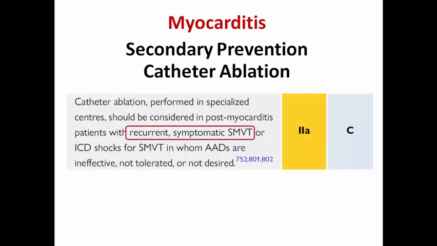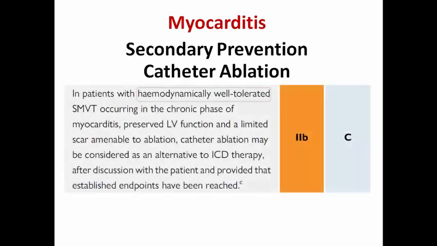The role for catheter ablation is in patients with recurrent symptomatic sustained monomorphic VT or with recurrent ICD shocks in whom antiarrhythmics are ineffective, not tolerated, or not desired. And catheter ablation is class 2B in those with hemodynamically well-tolerated sustained monomorphic VT in the chronic phase, preserved LV function, and limited scar which is amenable to ablation, but still